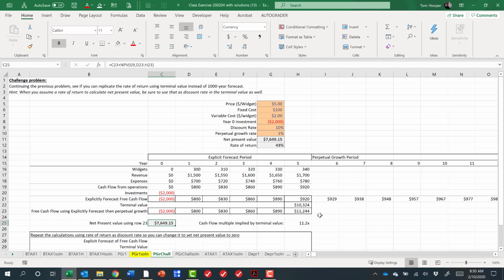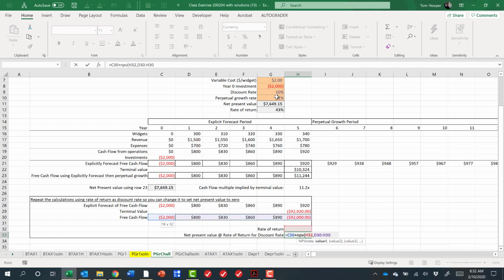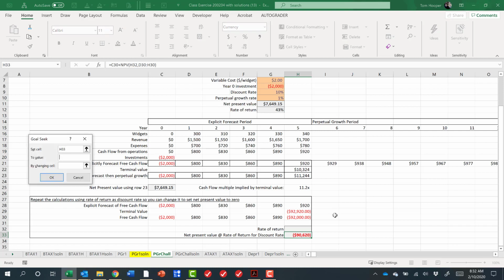So much like problem 7 in the test 1 study guide, we want to set up a change to come down here and recalculate that NPV based on not the discount rate, but this cell here called rate of return. Now the problem that Ryan discovered was if we use the goal-seek approach to set the NPV to 0 by changing the rate of return, as I've said works in the past because Excel just starts with a guess of 0 in rate of return,